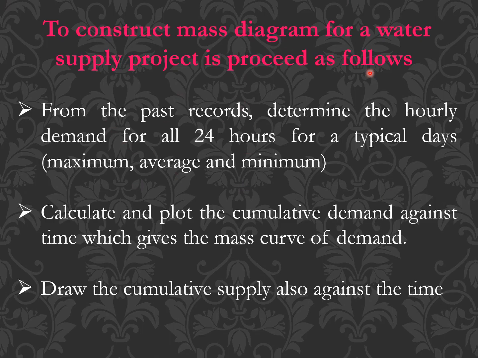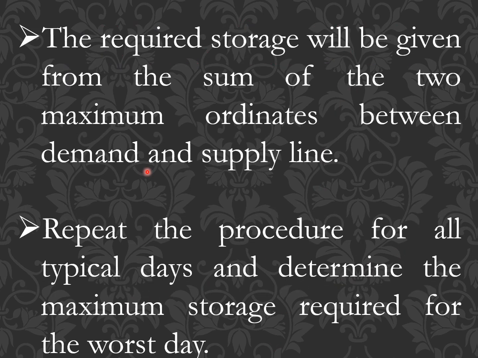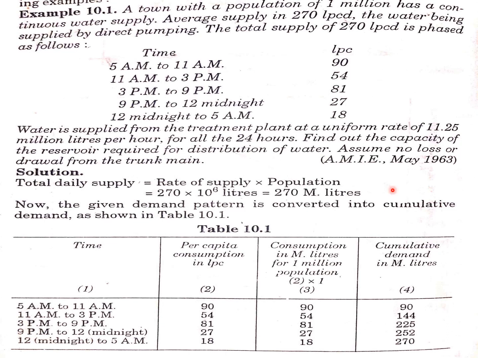To construct the mass diagram, what we need is past records for the past 24 hours for a typical day. A typical day means we need the record of one normal day. Okay. So calculate and plot the cumulative demand and find the required storage. So this is an example for this. What is given is, in a town